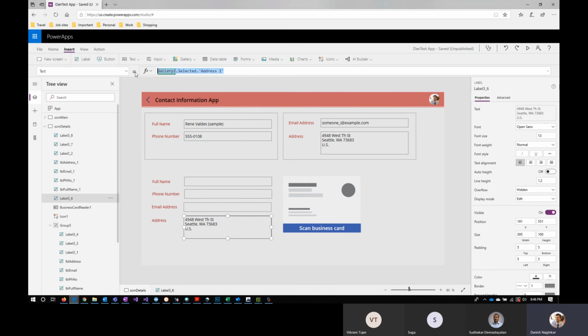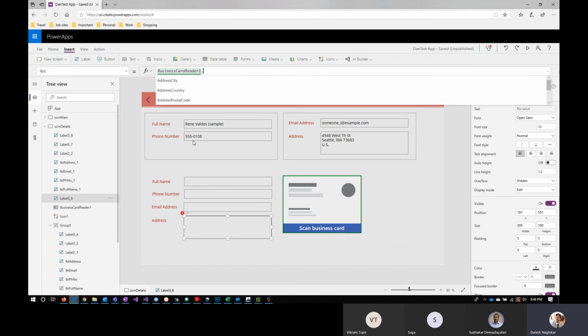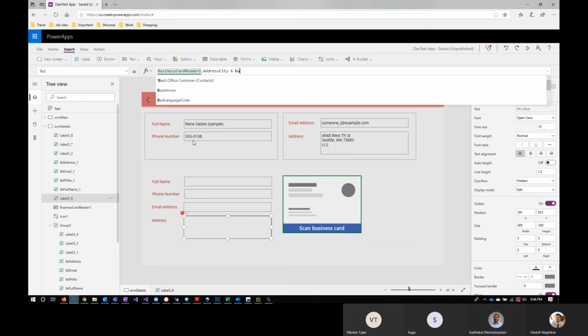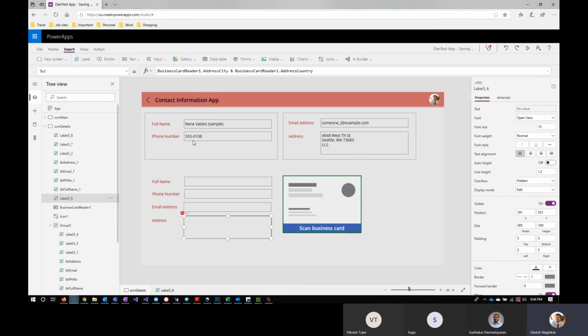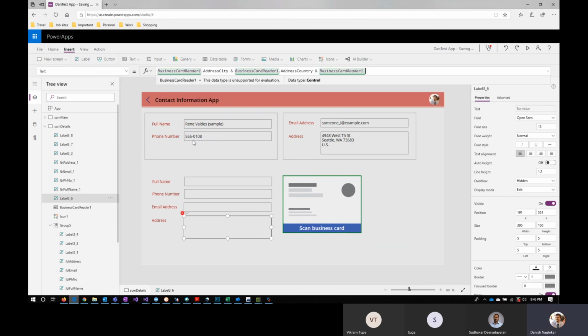There's one issue with this business card reader. It does not detect address as of today. City. But let's see if they have improved it, because they keep on changing it every day. Postal code. Okay,